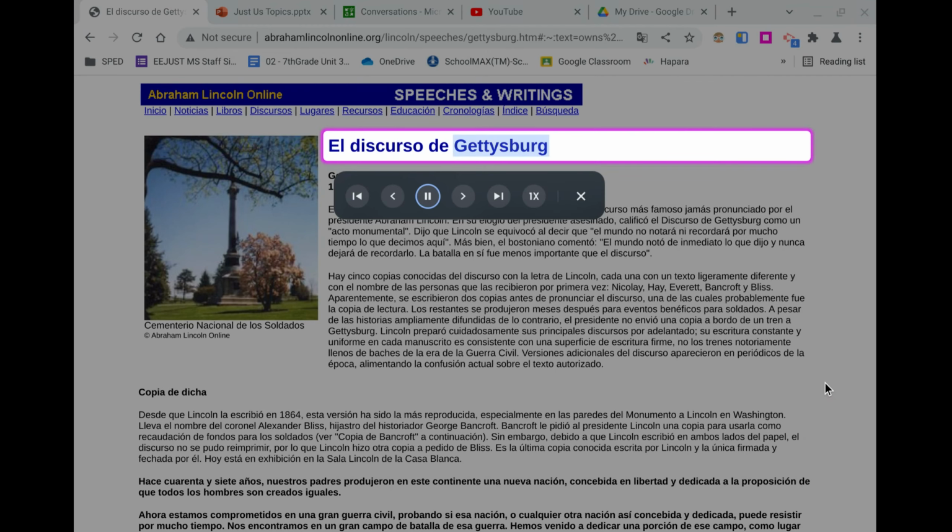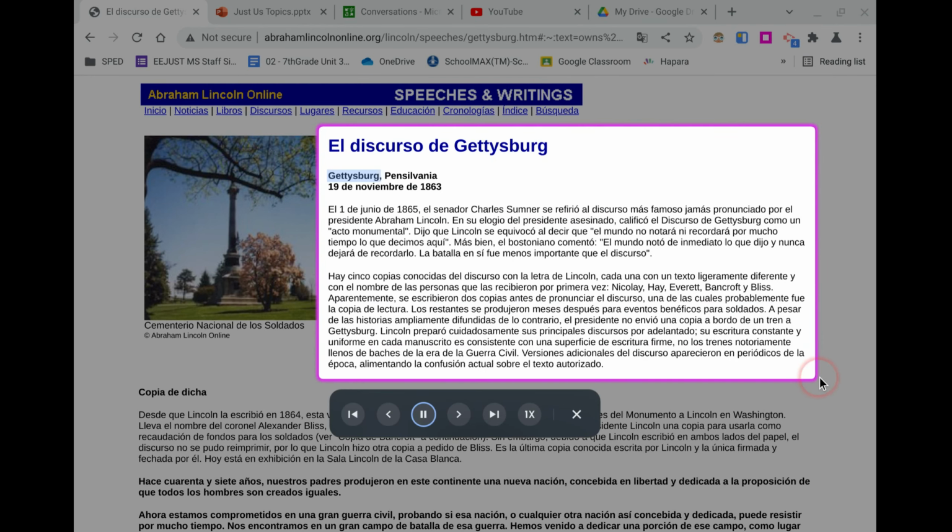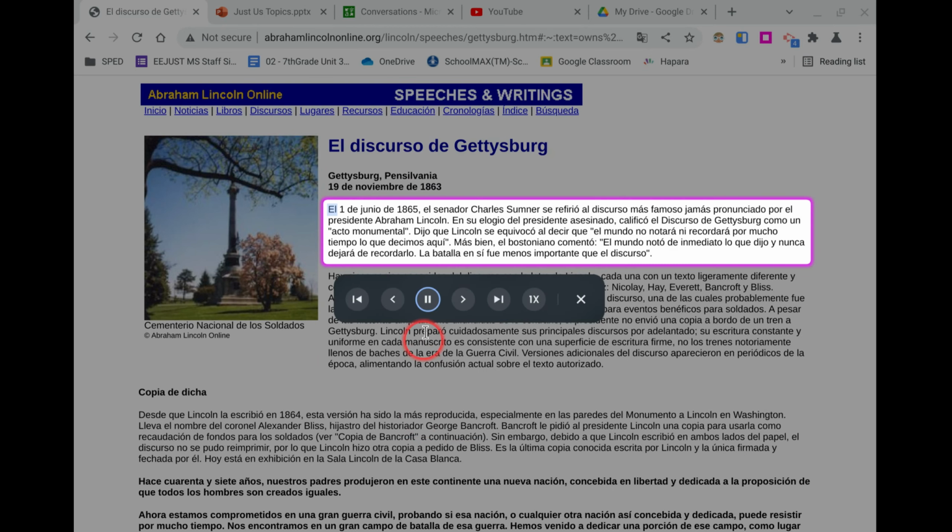El discurso de Gettysburg, Pensilvania, 19 de noviembre de 1863. El 1 de junio de